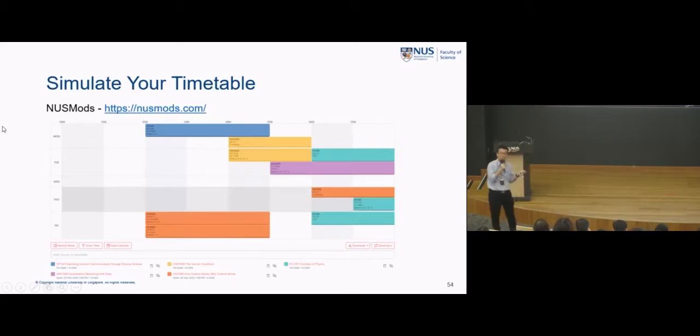This is how you can simulate your timetable. This is an example of someone who is intending to do these courses. All right, so once you've selected these courses in NUS Mods, this is simulation. Doesn't mean that you select these in NUS Mods and say, oh, that means I'm done already. This is what I will be doing. No, this is just for you to try out, to see whether there's any timetable clash, or whether, oh, I have a free Wednesday, so I can go and work part-time. Okay, it's possible. So simulate your timetable and see how it works out, right? Early days, late days, and so on.